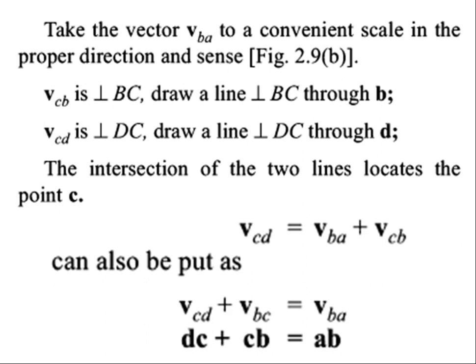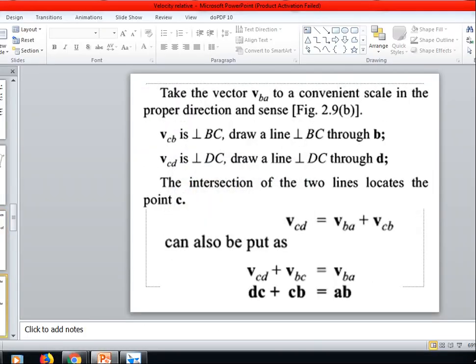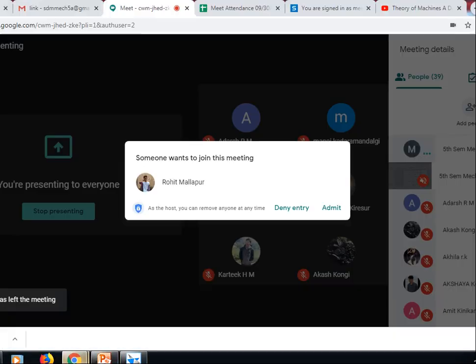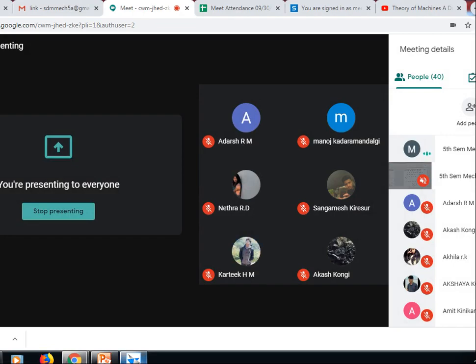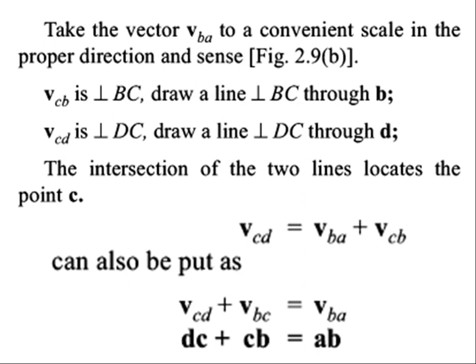So you can just note it down. If you don't remember these things, you can note down these things. This is just optional. Main is your figure, that will carry all your marks. This is not compulsory to write. Procedure no need to write in your exam. You can just write the vector what you have taken. This is okay. And procedure no need to write, and then the diagram, that is important. Okay, so you can draw this.